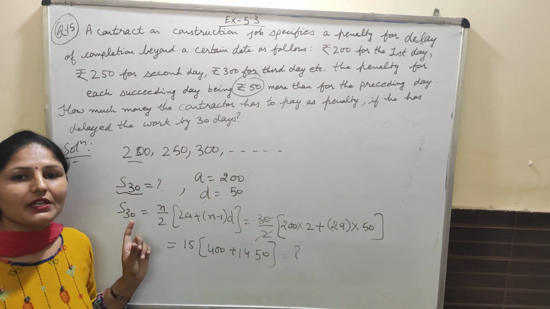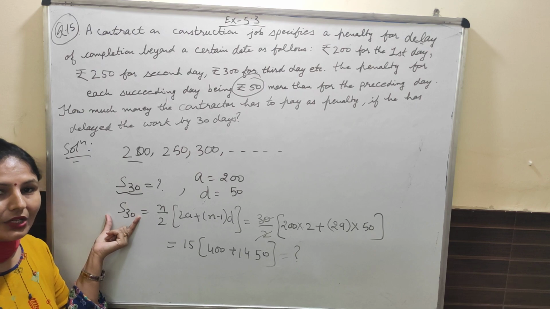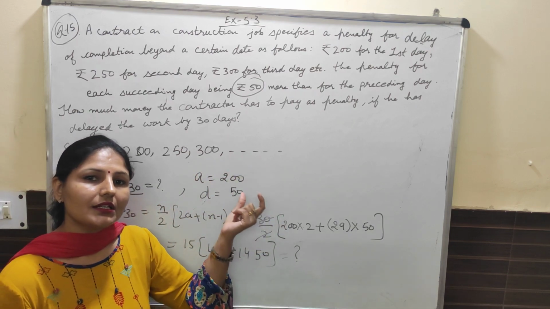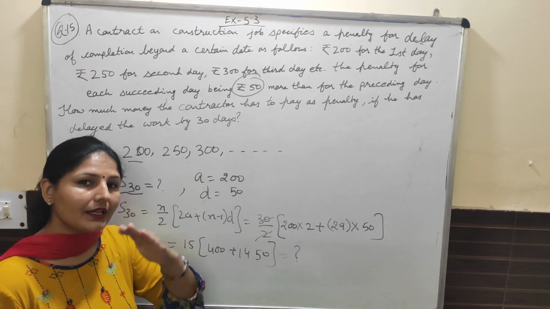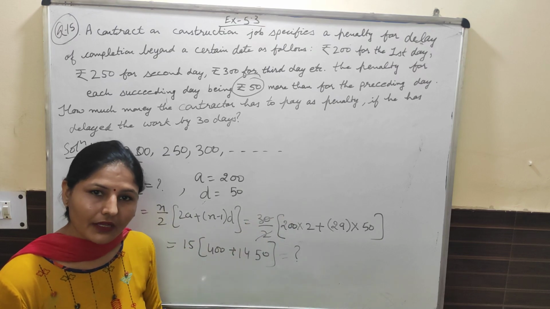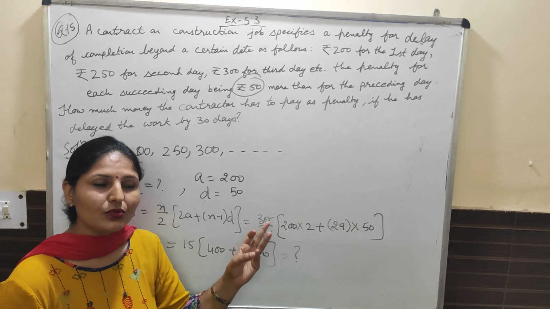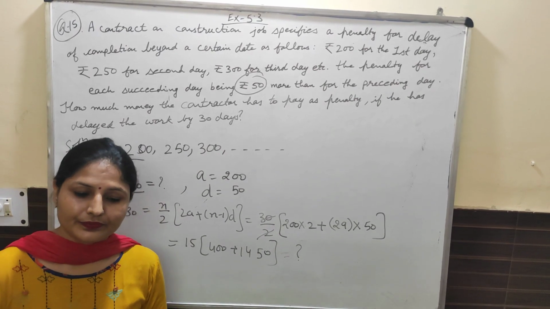बस बेटा आपको इसमें इसी पॉइंट का ध्यान रखना है. वी हैव टू कैलकुलेट S30 नॉट A30. यही कंफ्यूजन होती है स्टूडेंट्स को. वो A30 30th टर्म निकाल देते हैं. जब उसने कॉन्ट्रैक्टर ने 1 महीने के लिए काम डिले किया तो उसको पूरा पे करना पड़ेगा फॉर द फर्स्ट डे, फॉर द सेकेंड डे एंड फॉर द थर्ड डे. सो वी हैव टू फाइंड S30 हियर. ओके.